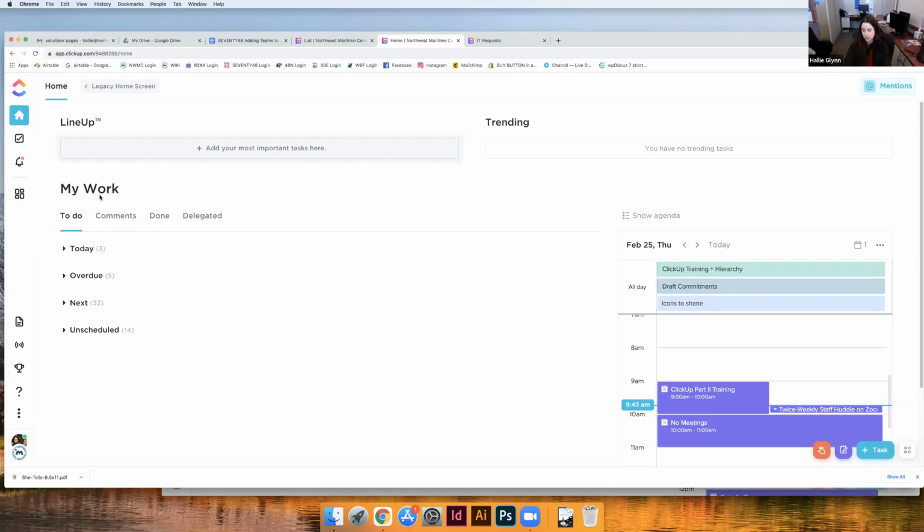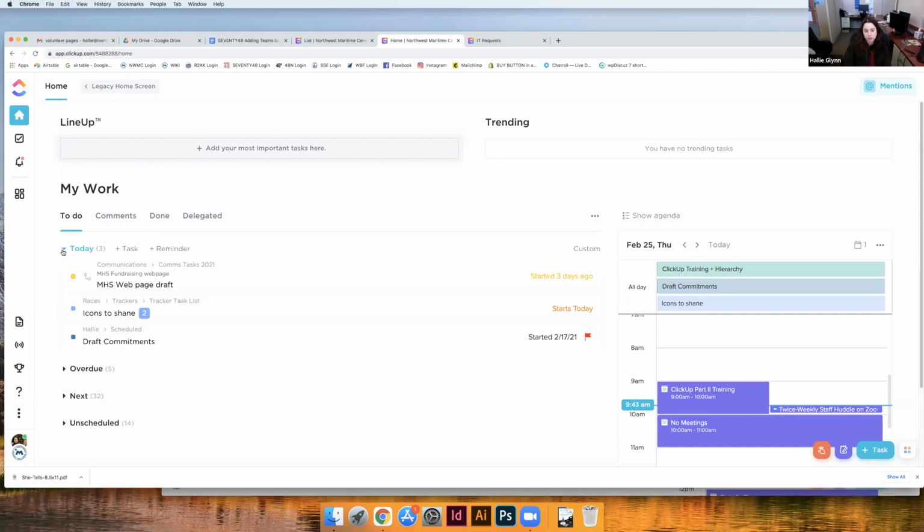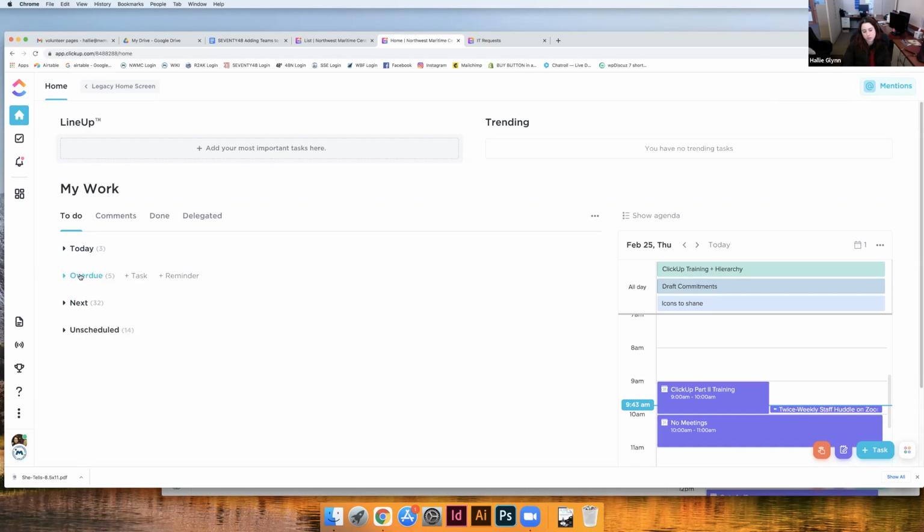So that's a really nice reminder thing that ClickUp does. But from ClickUp, to view your tasks, you can come into your homepage. You can pop open these things here and see things that you should be working on today, overdue, next, or unscheduled tasks. You can also see over here your